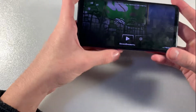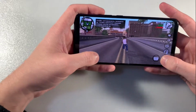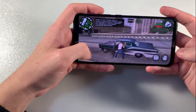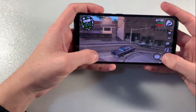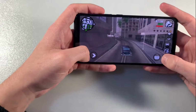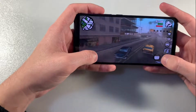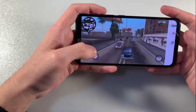Look how GTA San Andreas work on the max graphic level. It's max graphic level and game works good. Okay, perfect gameplay. Close this